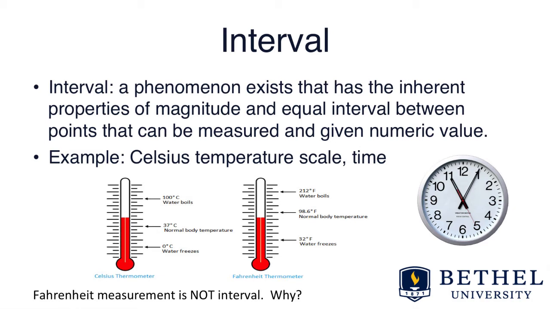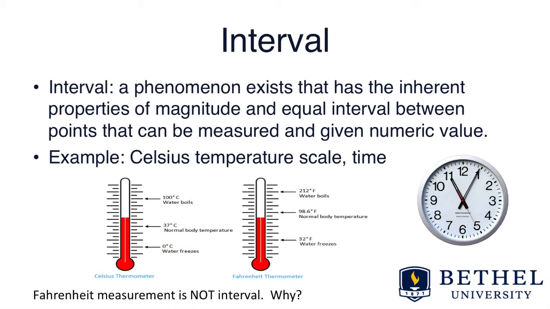And then they've divided up the temperature difference between water freezing and water boiling equally across 100 points. So we have two discernible physical properties, freezing and boiling, and then an equal distribution of the temperature change across the scale. Another example is how we measure time. We know that we can construct a concept of time that breaks time into equal intervals, seconds, minutes, hours, and